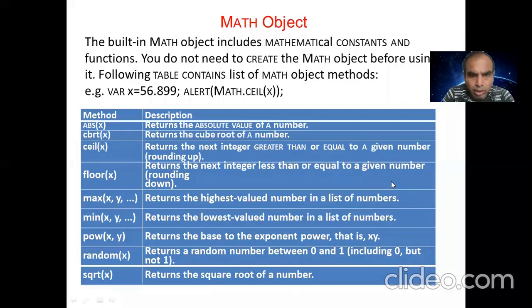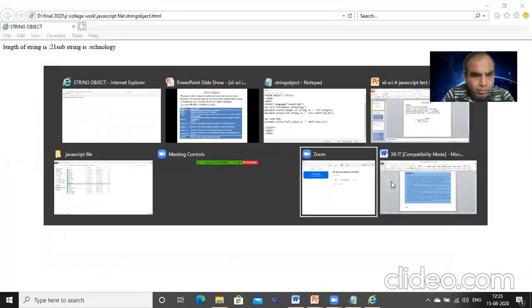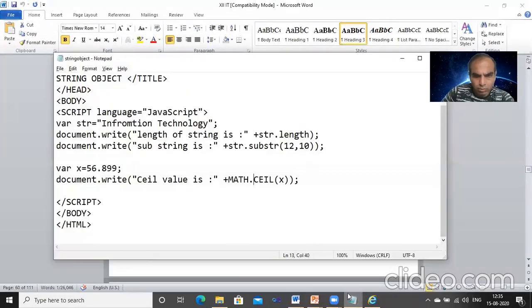Math object, math dot ceil. Okay, first we see the square root, suppose SQRT of that number, save.